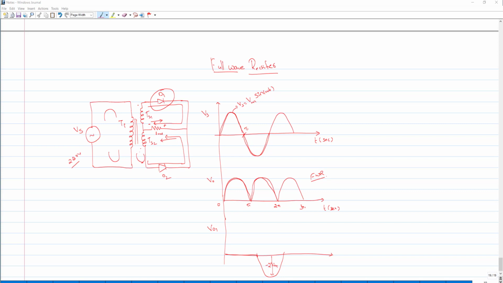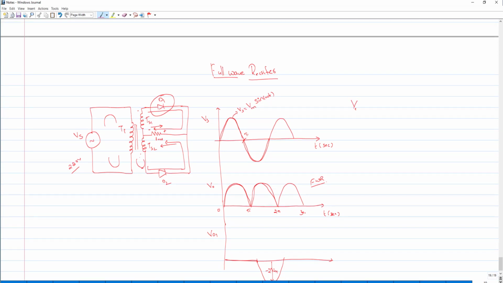Okay, now let us see the average voltage and average current across this one. So the average voltage, you can simply write that the output voltage V naught is equal to, so here this cycle is repeating for every pi, so the total time period will be pi, 1 by pi integral 0 to pi Vm sin omega t d omega t.